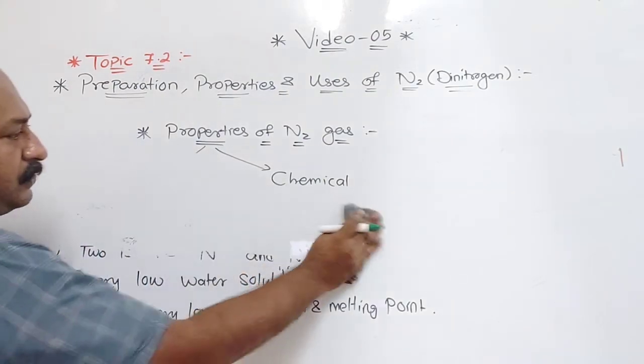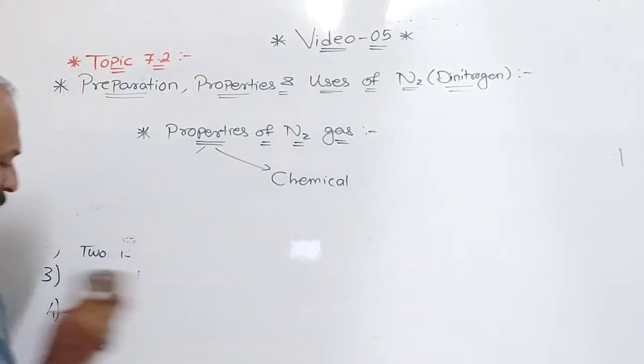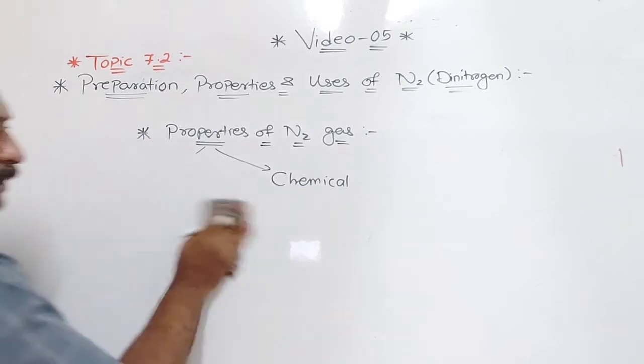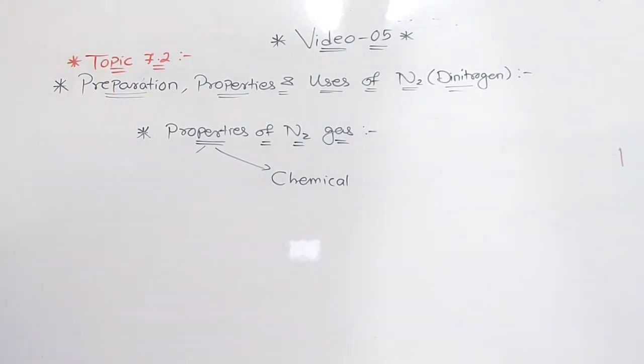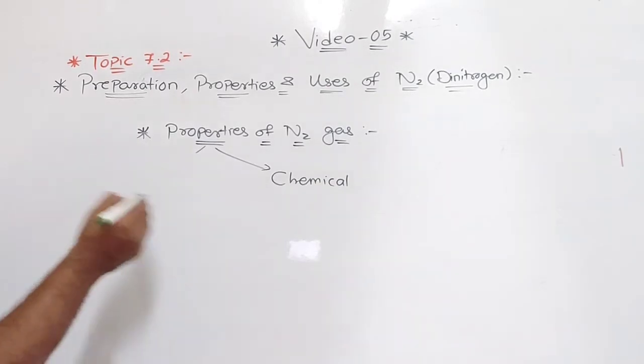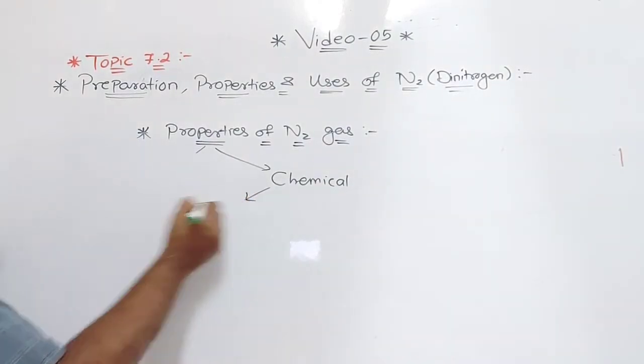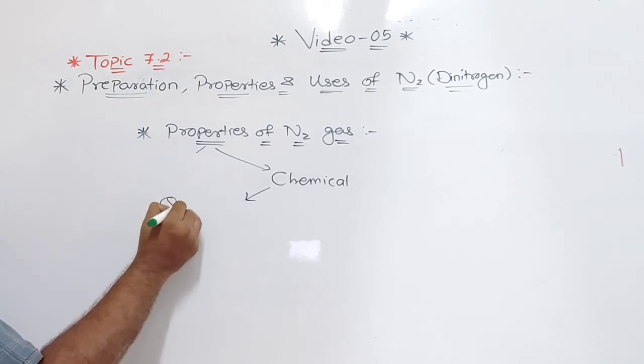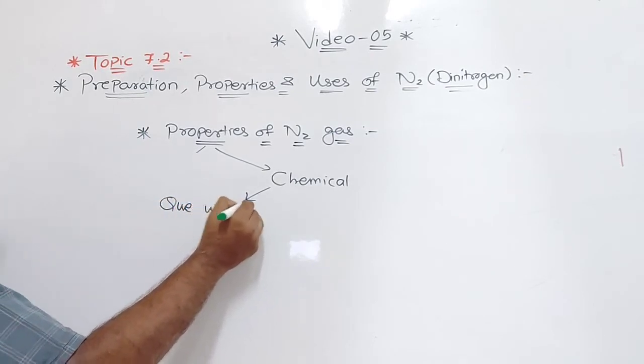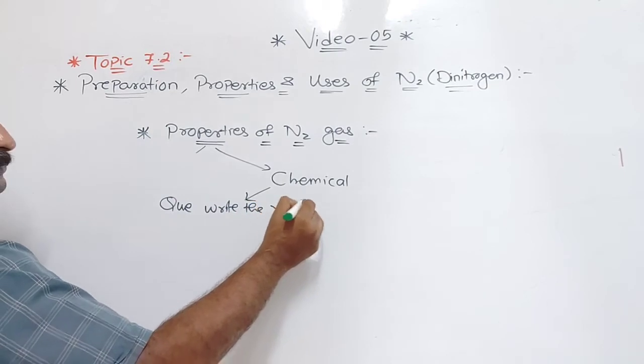Now the next thing we are going to talk about is the chemical properties. In your book there are various things given. One question can be asked: write the reaction in which N2 forms ionic and covalent nitrides. In chemical properties, a question can be asked: write the reaction